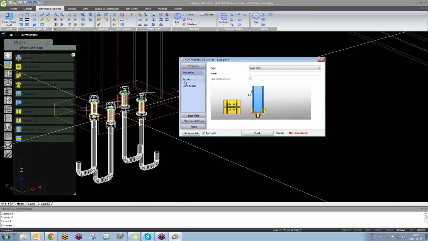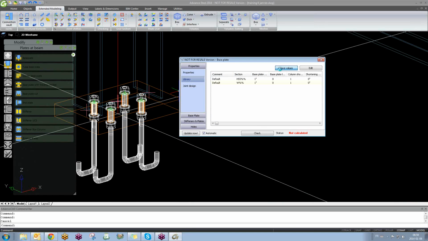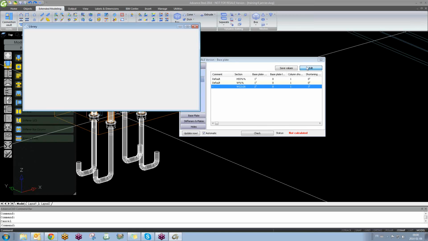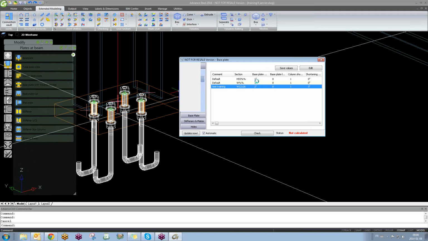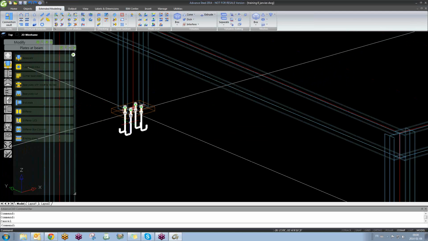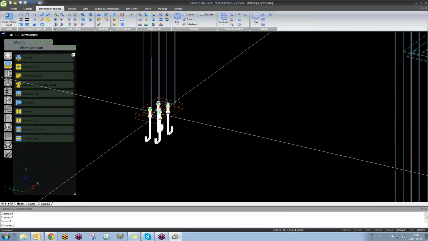After that, don't forget to come to the library and save the values. Those values, for example, this connection, you will use this connection very often. So I will edit it here. Test training. Just hit OK. You will save it. This test training will be for life in my computer. So I will use it in this project, the next one, the next year, the next decade. Well, it won't be deleted. So now I just finished the base plate